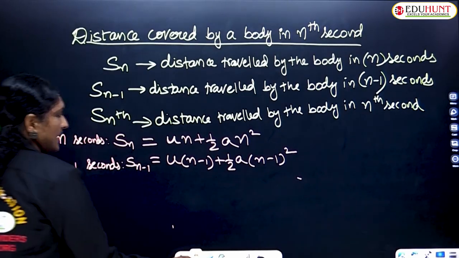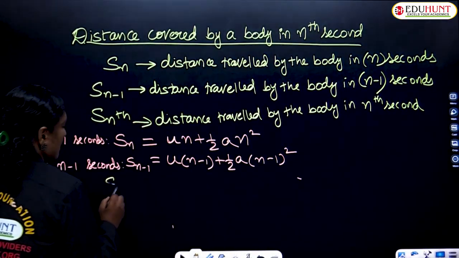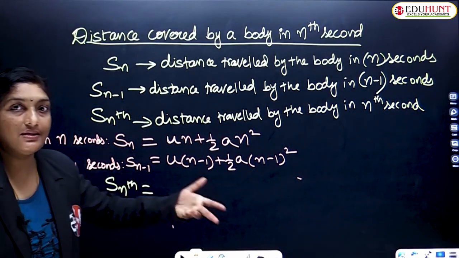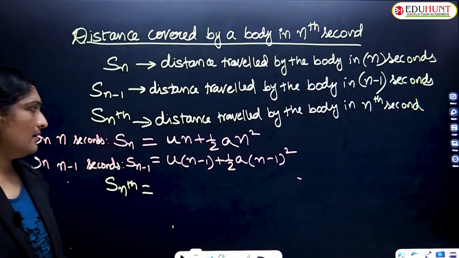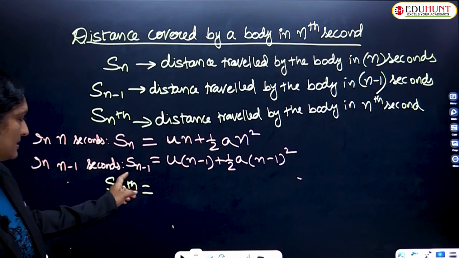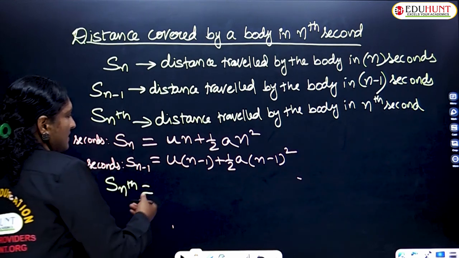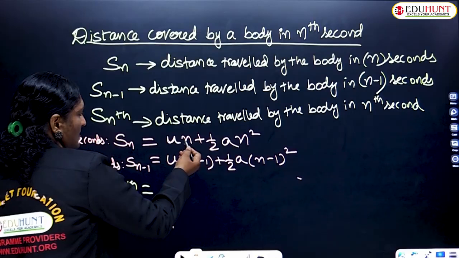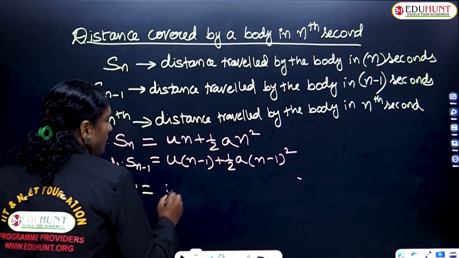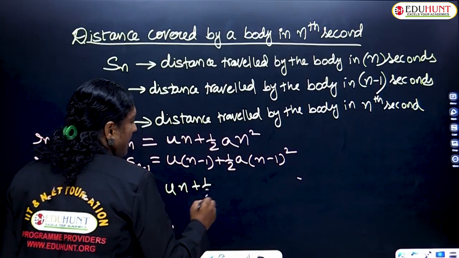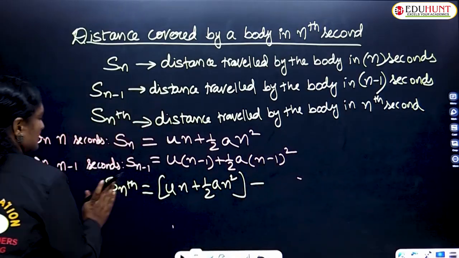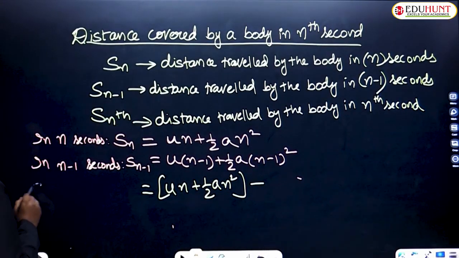Now what I would like to find out is the distance traveled by the body in the nth second. Not in 10 seconds, not in 9 seconds, in between. Not in n seconds, not in n minus 1 seconds. In between is called the nth second. So the nth second is whichever is more, just go through. This is highest and this is largest. The difference between these two is un plus half an square minus,